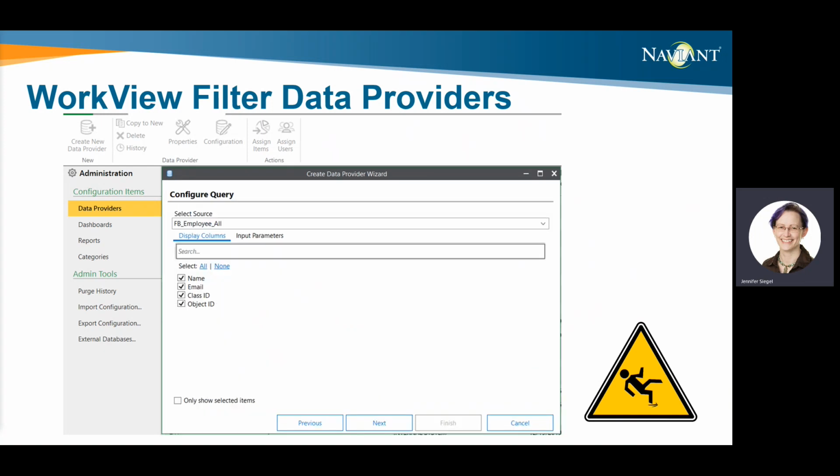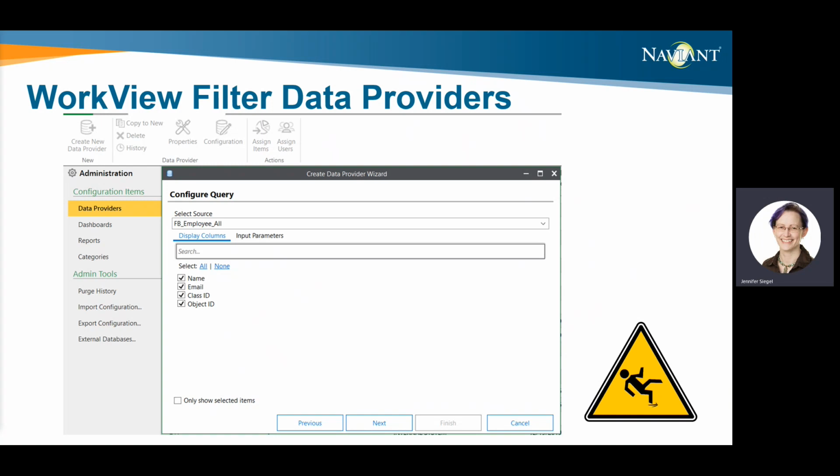Select your module association from the dropdown. And it's important to note that this is a one-way operation. So you can't point this data provider at a different module association once you've saved the new data provider. Also, if you rename the module association in Studio, the configured data provider will no longer be able to find it. So select with care. So if you need to change it, you'll have to create a new data provider.